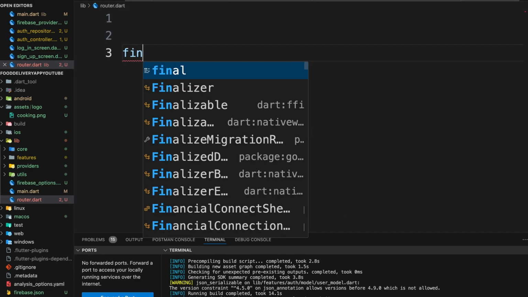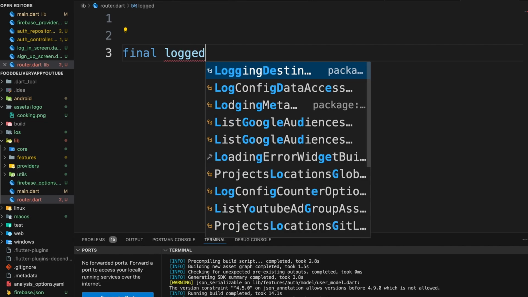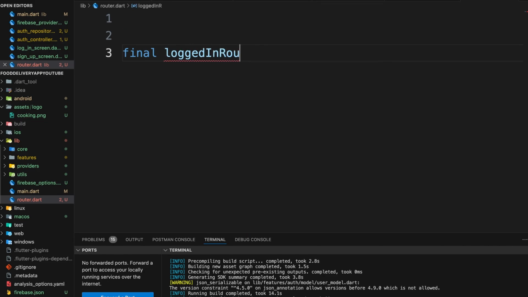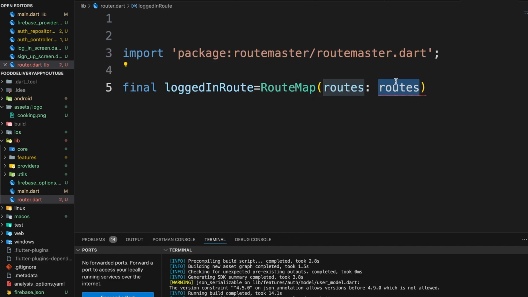Here we are going to say final logged in route, it goes to route map. This uses the routemaster package. And then for the routes, I'm just going to use the backslash,